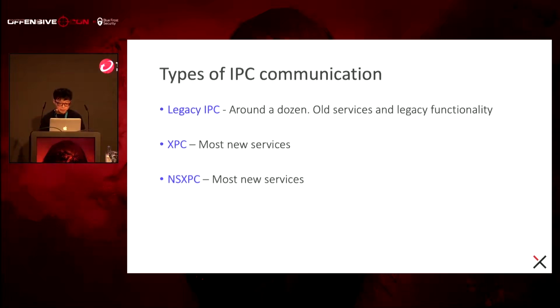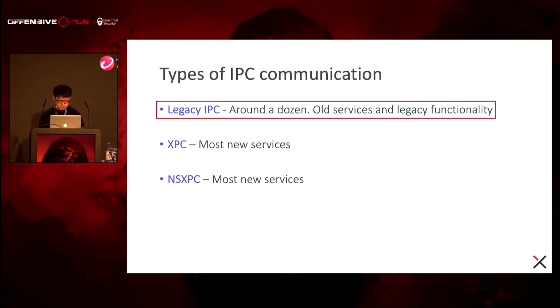legacy IPC. There are mainly three types of IPC communication. There's actually a little more, like distributed objects, notifications, named pipes, and so on. But I think these three are the most relevant. There's the legacy IPC interface that's been a target for hacking competitions for many, many years. And then there's the newer XPC and NSXPC, which most services are based on. In this talk, I'm going to specifically focus on the legacy IPC interface, which brings us to the next section,